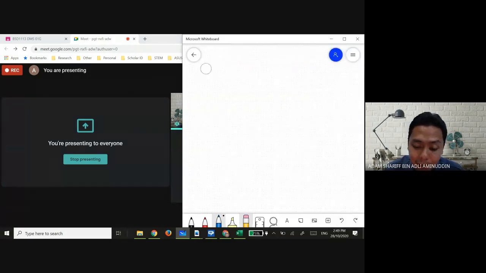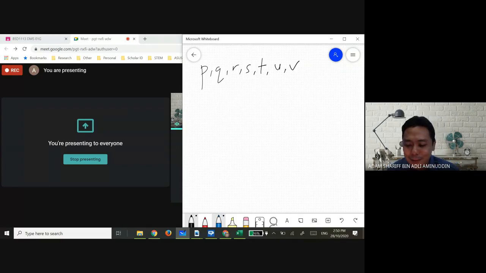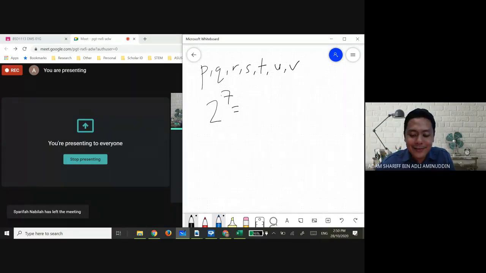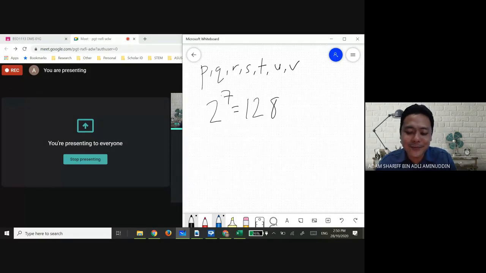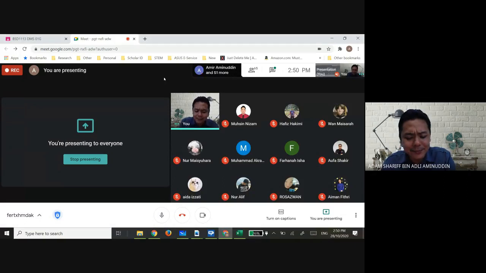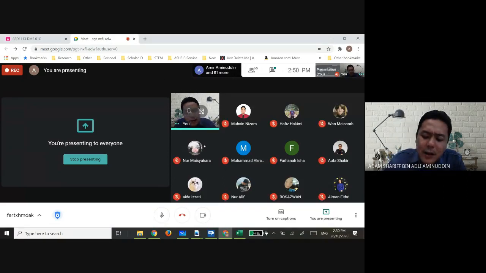So kalau lah saya sengaja nak dajai kamu, saya kata dalam final exam P, Q, R, S, T, U, V. Ada berapa proposition ni? 7. Berapa row yang kamu kena buat dalam truth table? It's 2 to the power of 7. Takkanlah saya nak tanya dalam exam sampai 7 kan? But technically yes. Theoretically it can be done. Alright? We go back. Ada soalan lain tak? Tak ada kan? Alright.